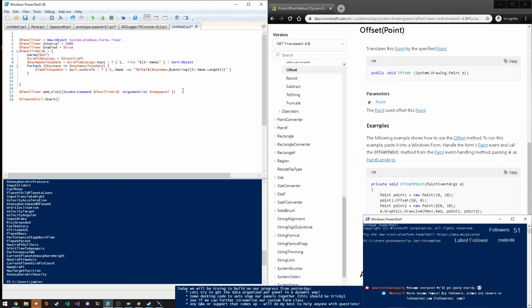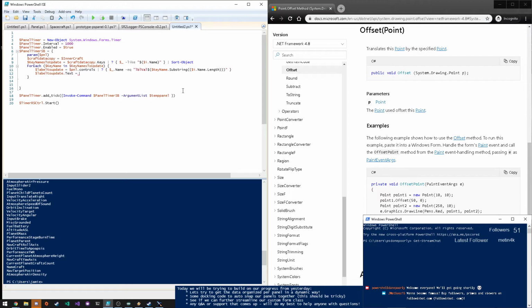For each label to update, where label to update. So label to update dot text